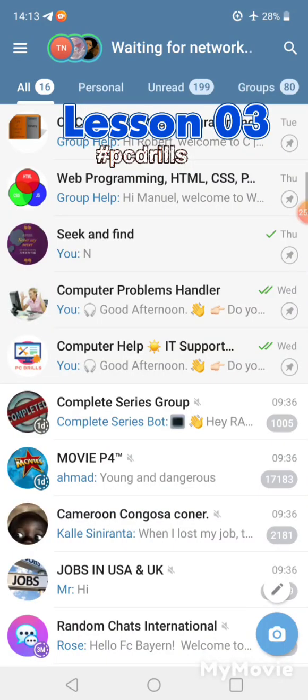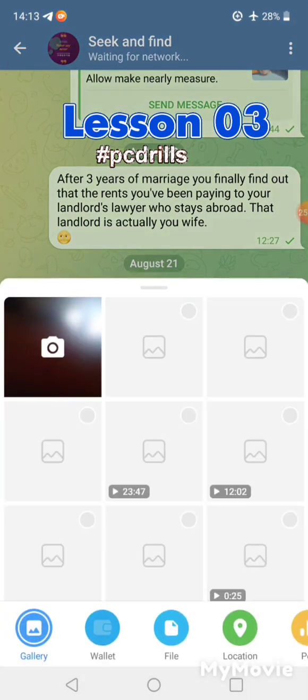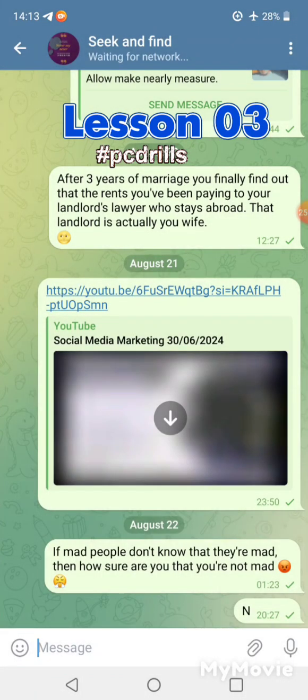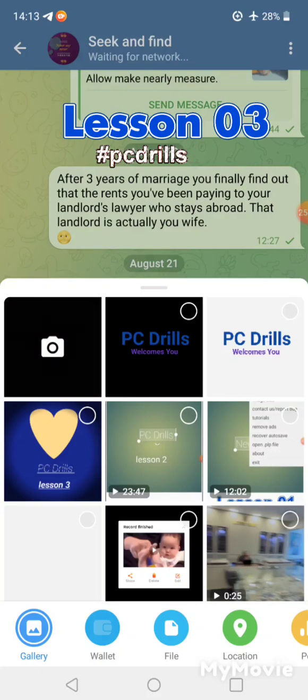Let me just say this Telegram. You can see that the background is kind of having some drawings. Let me choose those images. You can see now that there's white on this one on the right, no white on this one on the left, but both of them